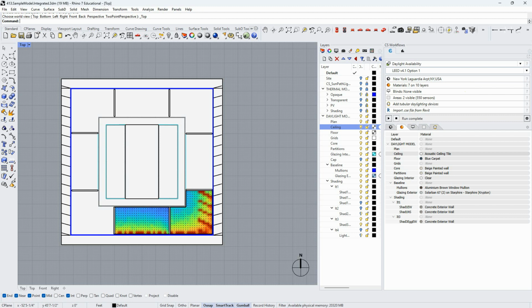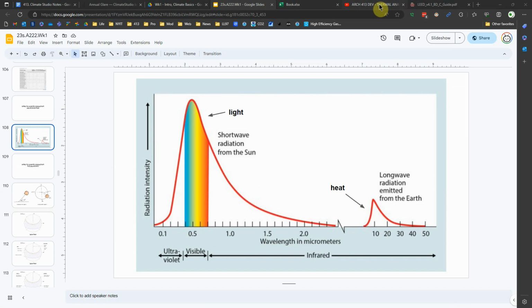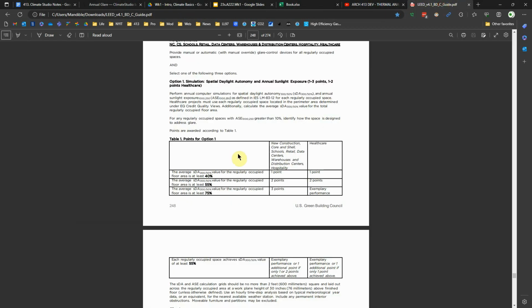So for the thermal analysis, it's going to be Local Law 97. For daylighting, let's do LEED 4.1 option one. What is that? Let's see. This is it. It's pretty simple. Well, there's more to it, but in terms of what we're talking about right now, we have